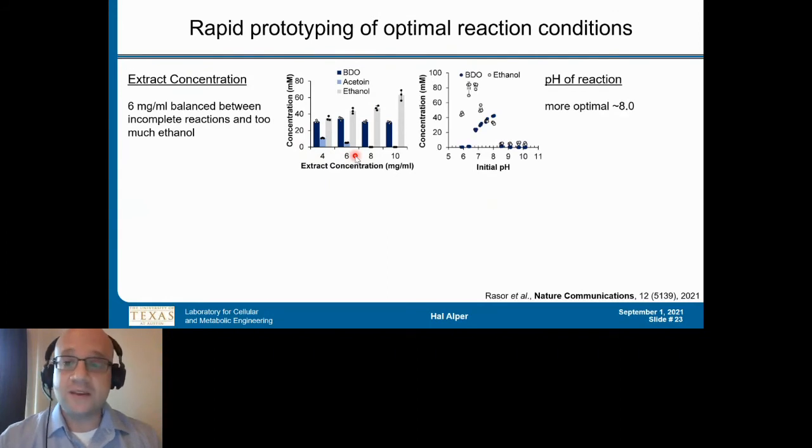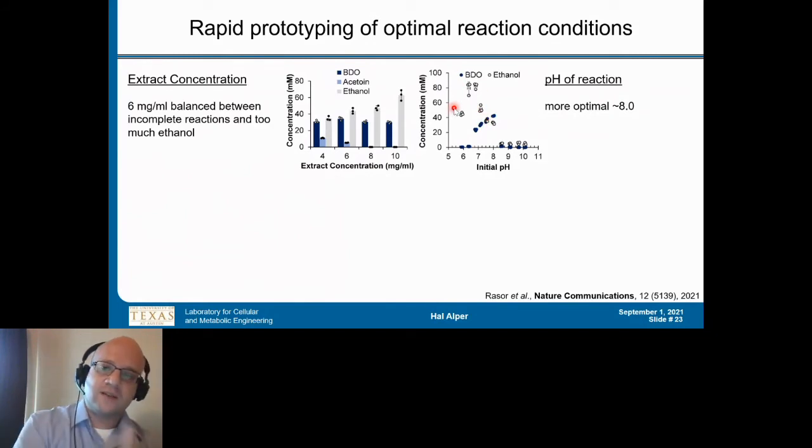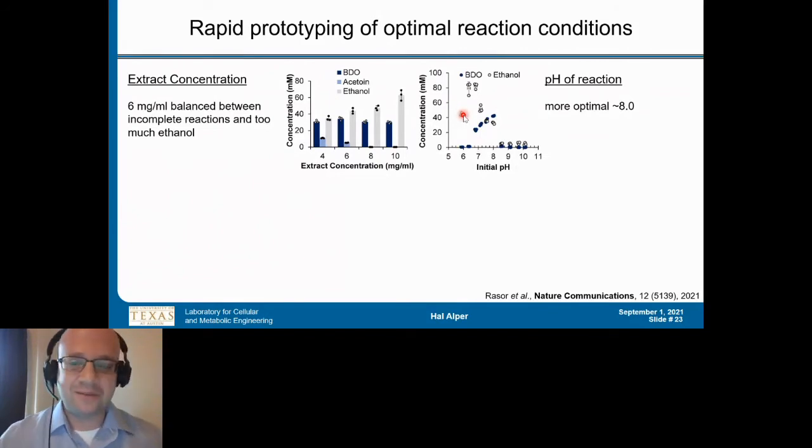Next thing we can do is change the pH. We don't have to worry about cells growing and cells surviving, so we're able to very quickly change the pH of the reaction. We found that a pH of around 8 actually seemed to be most optimal, meaning that we started increasing our BDO content pretty rapidly up to around 8, and that seemed to be the trade-off with ethanol, whereas at lower pHs, we tend to make much more ethanol than BDO. As we reached 8, that seemed to be the optimal point. As we moved above that, pretty much metabolism in that cell-free system stopped, being outside of the optimal range for those enzymes. But again, we have the ability to change that since it's an in vitro system.